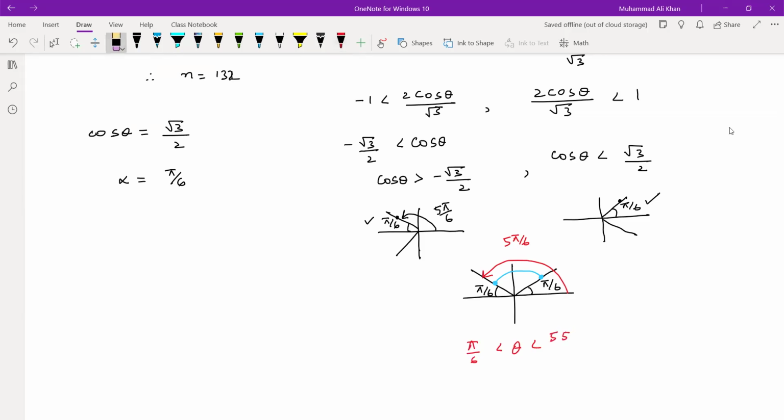by 6 to 5 pi by 6। कहां तक, pi by 6 से हम स्टार्ट करेंगे, और कहां तक मैक्सिमम जा सकते हैं, 5 pi by 6 तक जा सकते हैं। अगर आप 5 pi by 6 को अपने रेशो निकालने के लिए अप्लाई करते हैं, तो या तो आंसर 1 आएगा या -1 आएगा। तो हमें मालूम हुआ कि हमें रहना है इन बिटवीन 1 एंड -1, तो देयरफॉर द मिनिमम इज pi by 6 एंड द मैक्सिमम इज 5 pi by 6 are the range values of theta। Now this is question number 27।